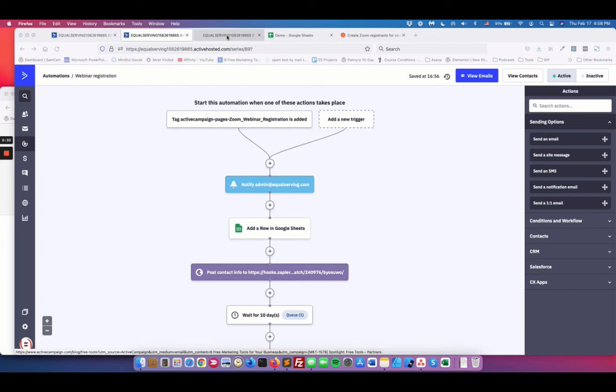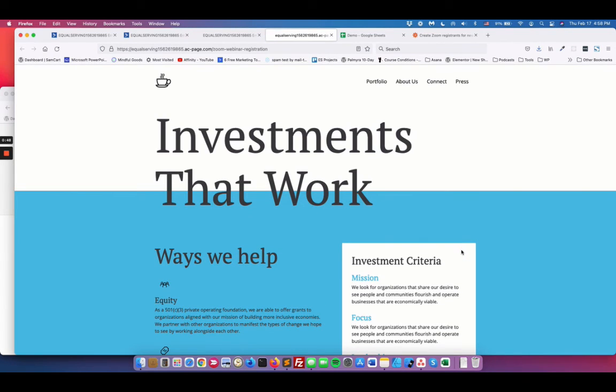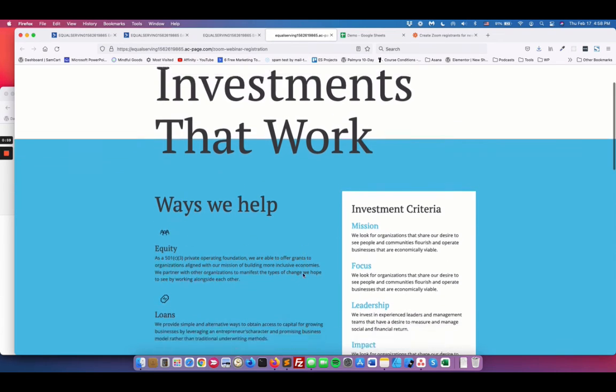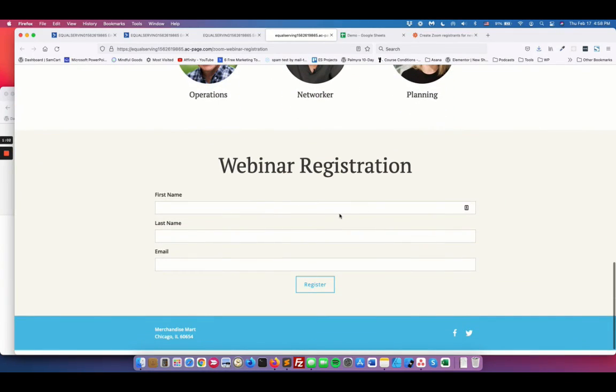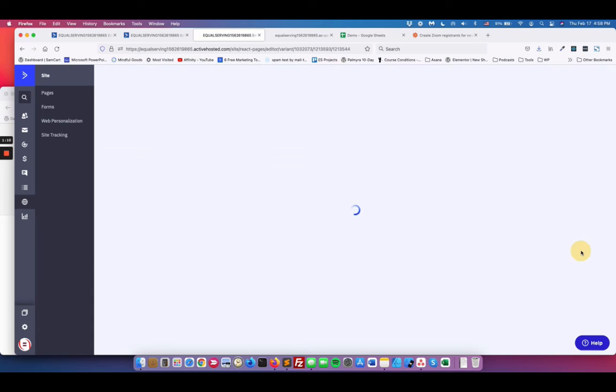In ActiveCampaign under Site and Pages, you can create landing pages. I created two landing pages. One is for the registration and one is the thank you page. If we go out to the registration page, this is a template from ActiveCampaign. I just wanted to put something together quickly, so I used their template. This is all of their verbiage, and what I changed here is the registration information. So if I go back to edit the design,